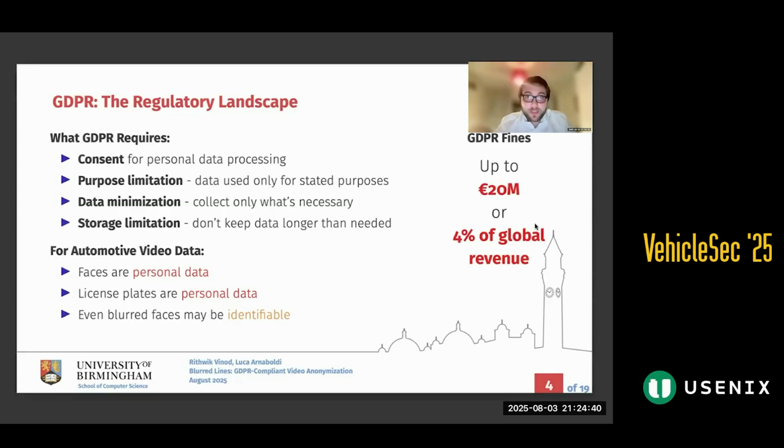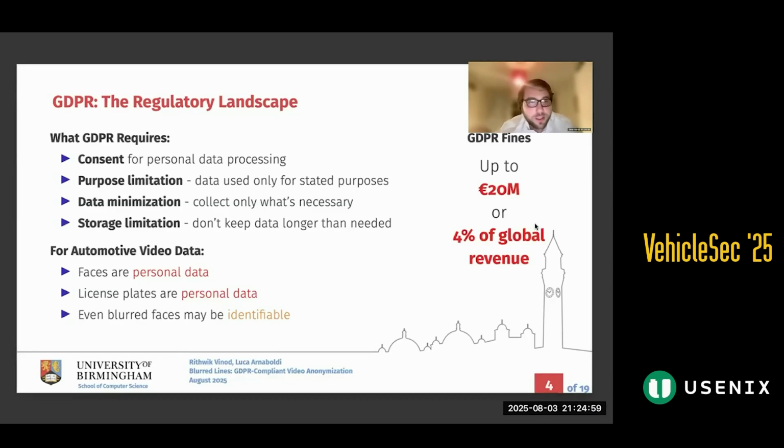I'd like to also add that towards the end of this work, we discussed and looked at other aspects. Specifically, we looked at political messages as another important protected aspect of GDPR. The reason was that we actually encountered some across the videos. And indeed, if you're driving around a parade or some houses, these tend to appear.